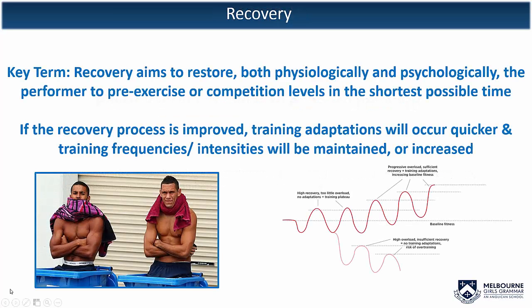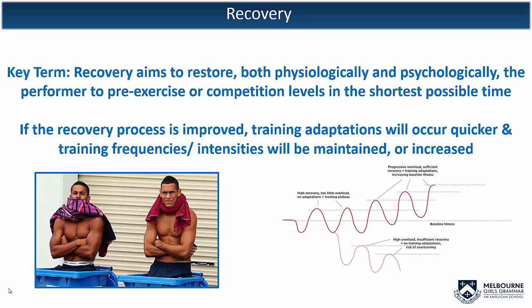So if we're looking at the key idea behind recovery, the main idea is that if you recover faster, then you're going to be able to perform better. With regard to competition, that's reasonably self-explanatory in that if you perform better, you're going to do better. But also in terms of training, it means that you're going to be able to give more to training and consequently you're going to be able to get more adaptation and therefore perform at a higher level each time you